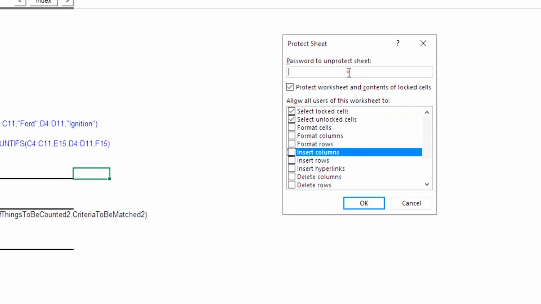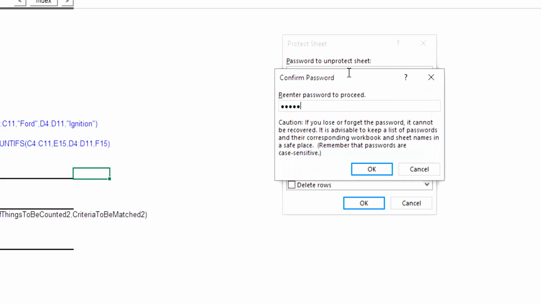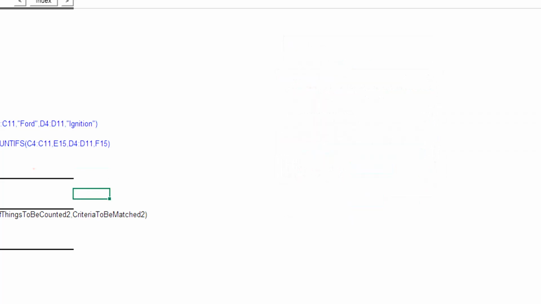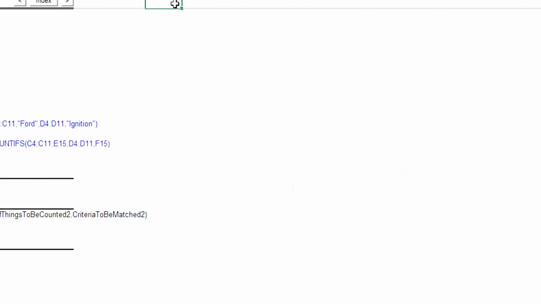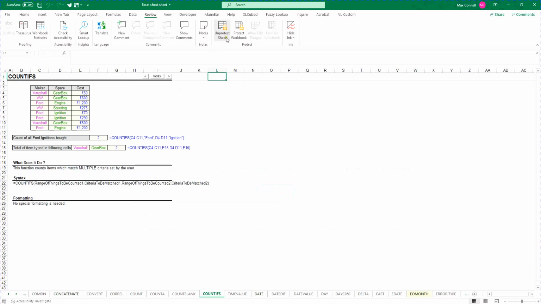Okay, so let's just add in a password protection. So we go password again. Don't actually use password as your password, by the way. And now you can see as soon as I try and type something into any cell, it's saying the cell or chart you're trying to change is on a protected sheet. To make a change, you must unprotect the sheet. So you have to go up the top and press unprotect sheet,